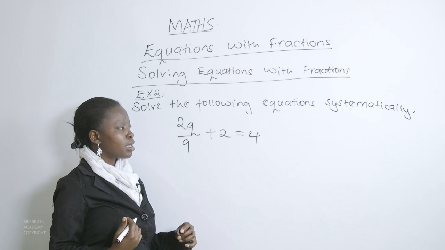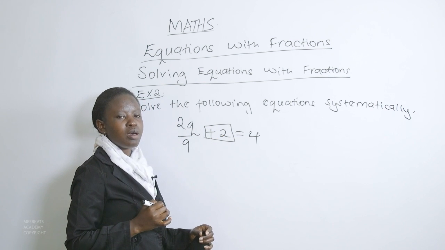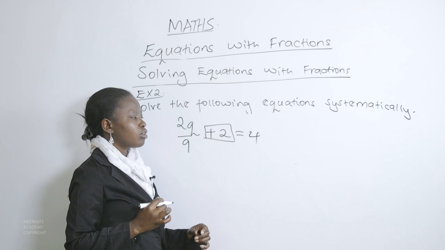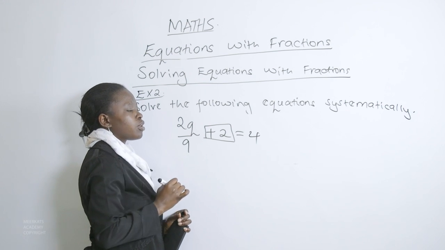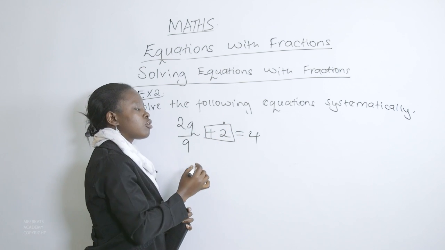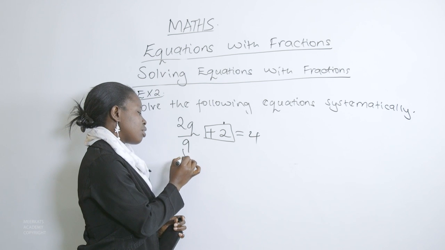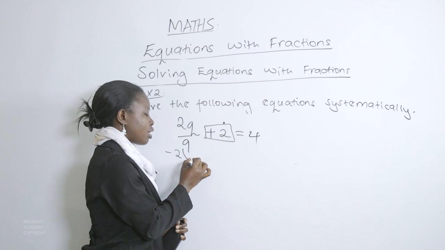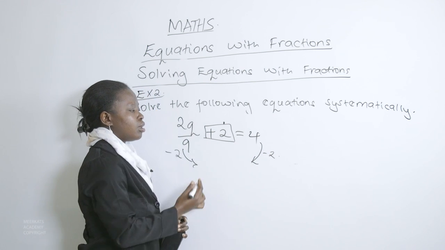The first step: we have plus 2 on the left-hand side of our equation, so to solve this equation, the first step we carry out is to subtract 2 on both sides. So I'm subtracting 2 on the left-hand side, I'm subtracting 2 on the right-hand side,